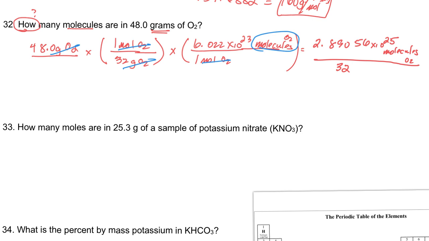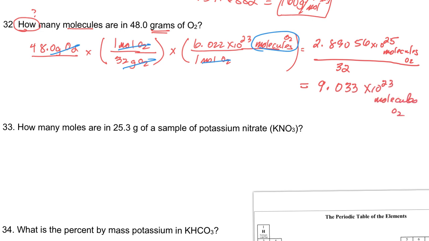So here's the number that we're setting it up. I'm going to go ahead and plug this number into the calculator, and the result should be my answer. So my answer here, if I go ahead and do this, I'll just put an equal sign. That answer should be 9.033 times 10 to the 23rd molecules